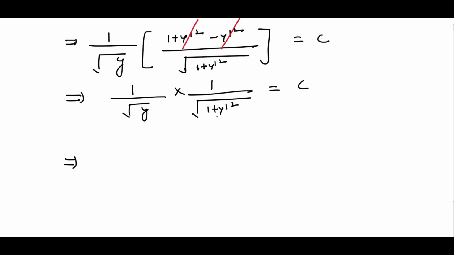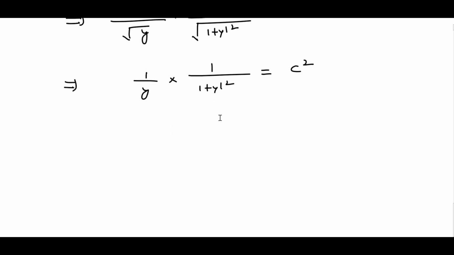After squaring on both sides, we will get 1 upon y multiplied by 1 upon 1 plus y' whole square is equal to c square. So further take the reciprocal on both sides. You will get y multiplied by 1 plus y' whole square is equal to